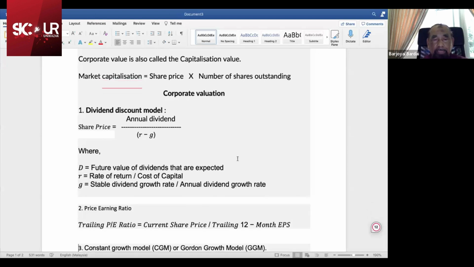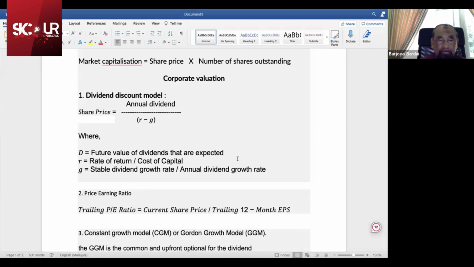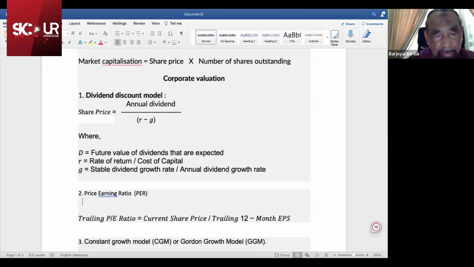The second method is, of course, the price earning ratio, or the PER. Essentially, this is the earning multiple approach,